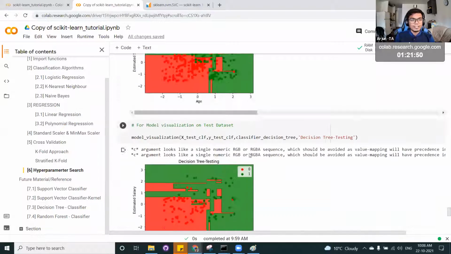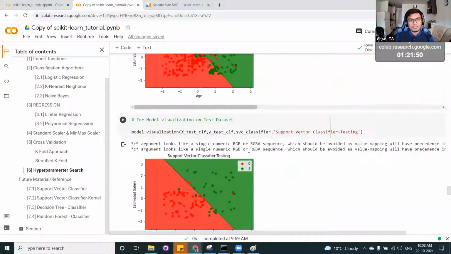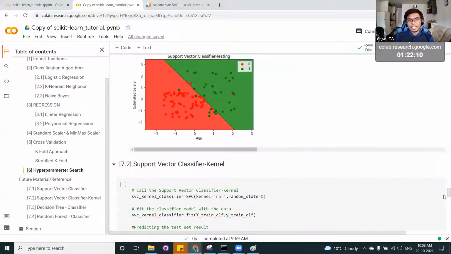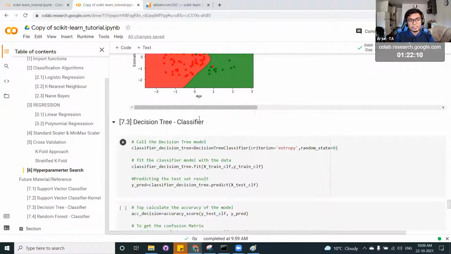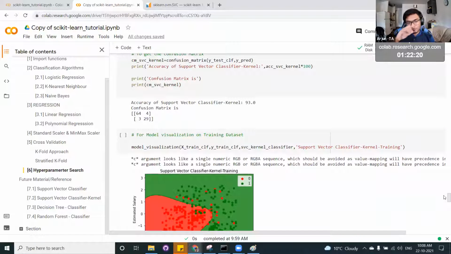Once the topic has been covered in the class, you can always revisit this material so that it will be a better representative of all the things that you can use in your class. If I don't use this, then it won't be a complete sklearn material. So I have linked this additional or future reference material. You can use it to understand what's happening in the class, or what's happening in the background, for a better understanding.